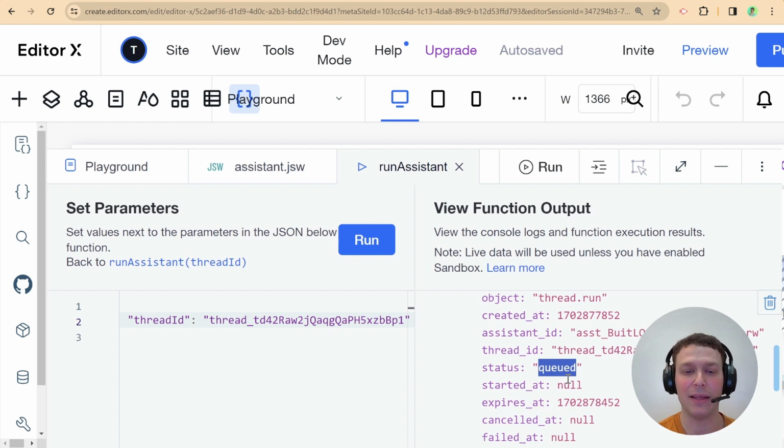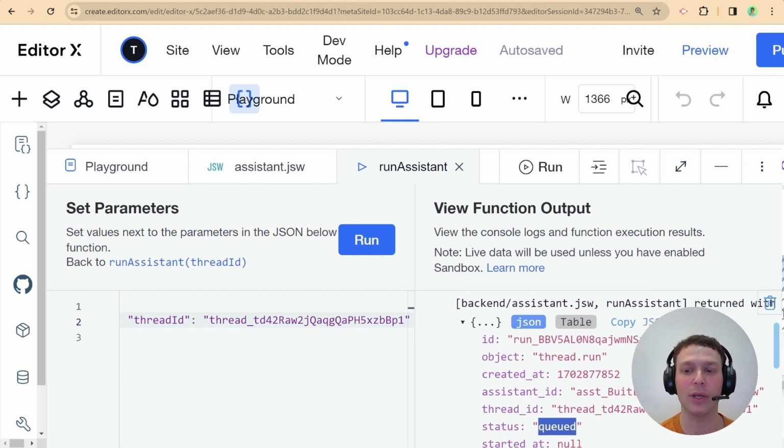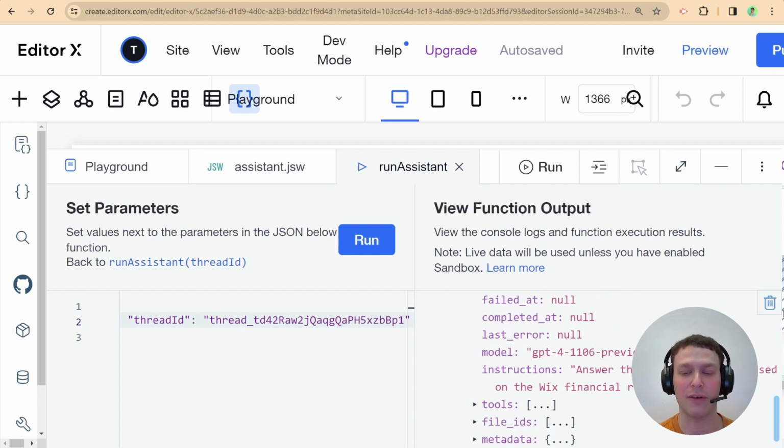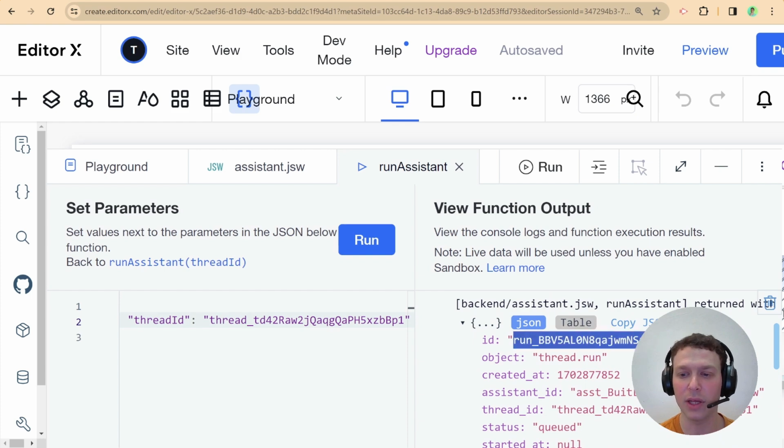And the difference here between assistants and chat completions is that with a chat completion, when we get a response back, unless we're streaming, it indicates that we have completed the chat completion. So we get back our actual text with the response. Here, we just get back a response that indicates that we're working on it. Okay, so we got your request, we're working on it, and we have to do something called polling, which is to continue and check and see if our request has been completed and if we can retrieve the actual result of our run. So in order to do that, we're going to need this ID, this run ID